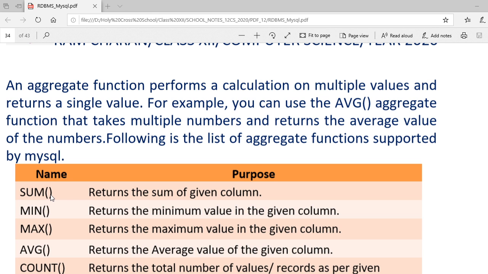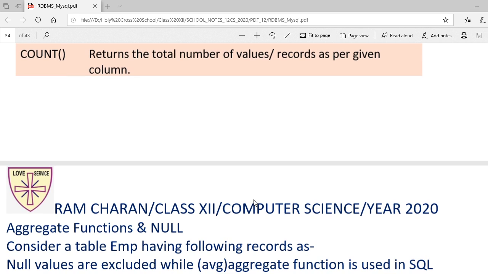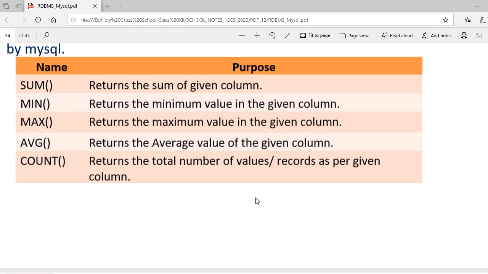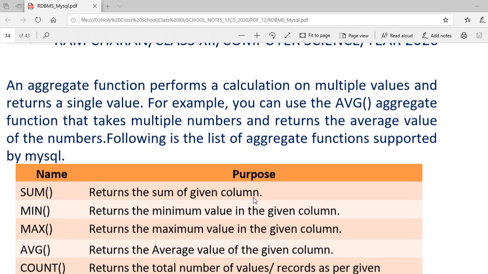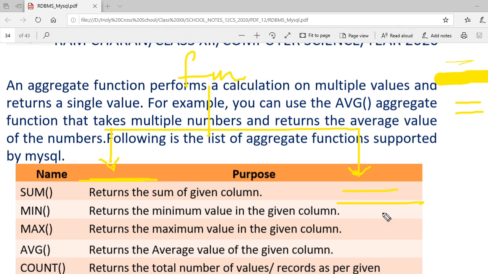Let me explain a little bit more on that. So here you see, in MySQL, if I talk about functions, you are going to find that a function, I'm writing function here, is of two types in MySQL. Okay, you have to put, the first one is the single row function. I am drawing a line for single row function. And the second one is known as the multiple row function.